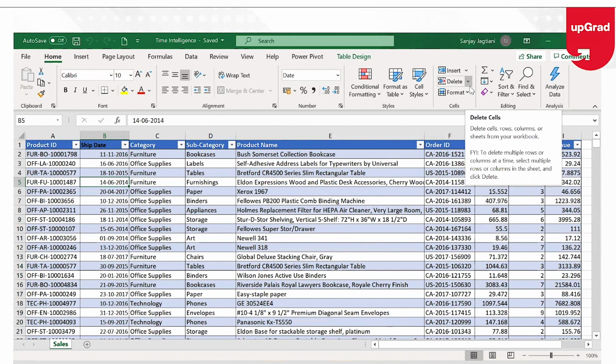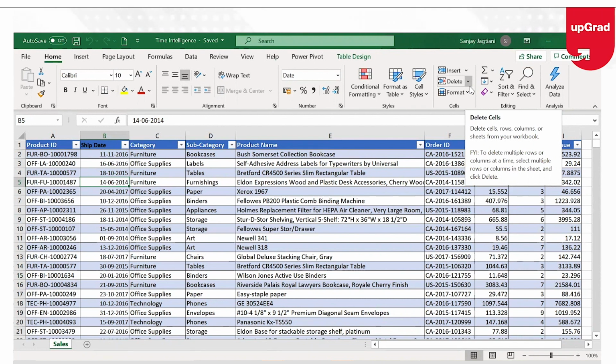But as with any other DAX function that you perform, you need to normalize your data, which means you need to order your data in such a way that you can perform the calculations properly. Now, when I say you want to prepare your data in order to perform time intelligence, what does that mean? Let's first understand how you process your data to perform calculations related to time intelligence.